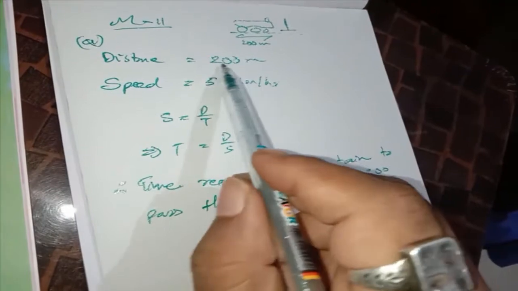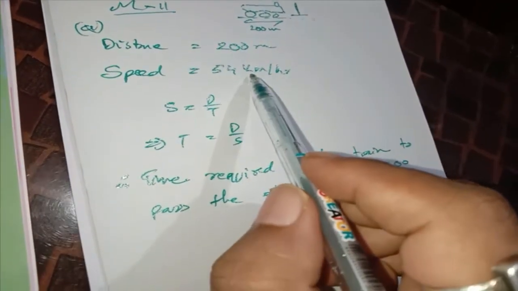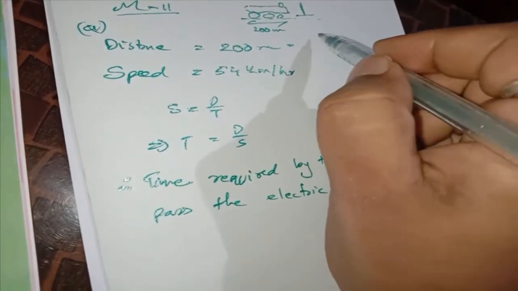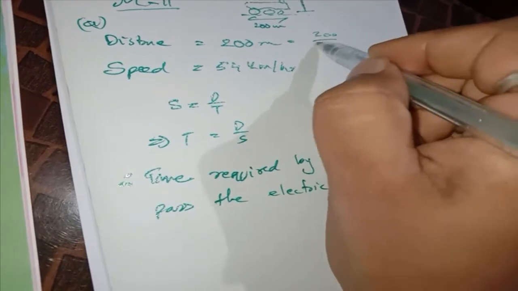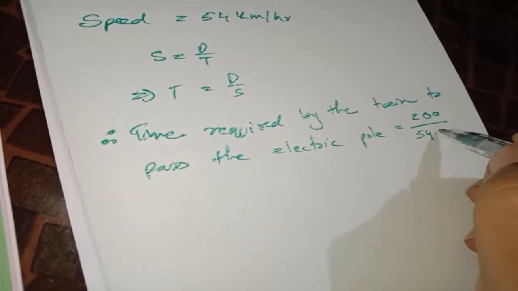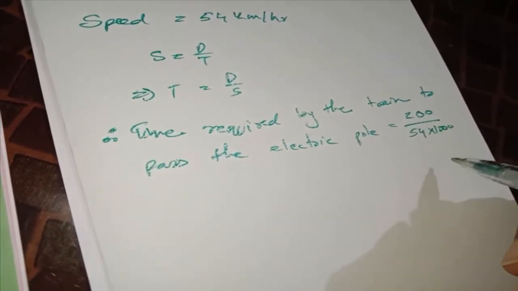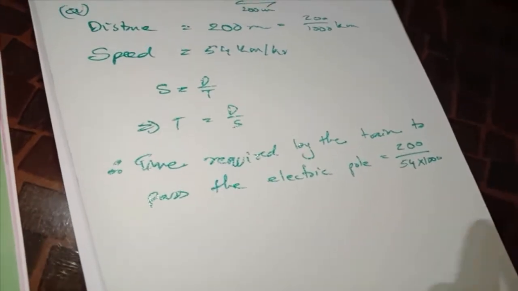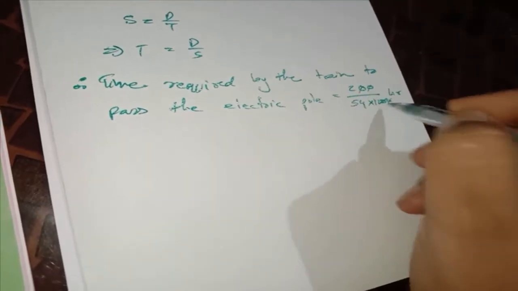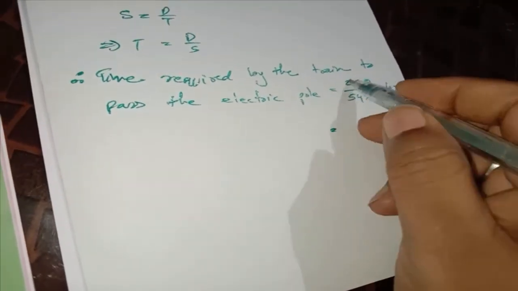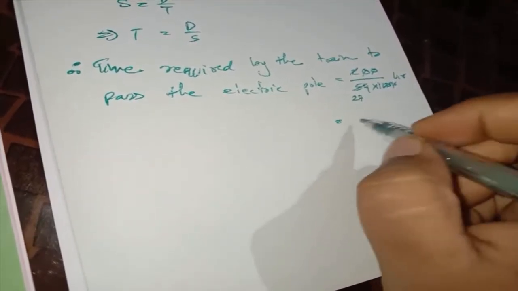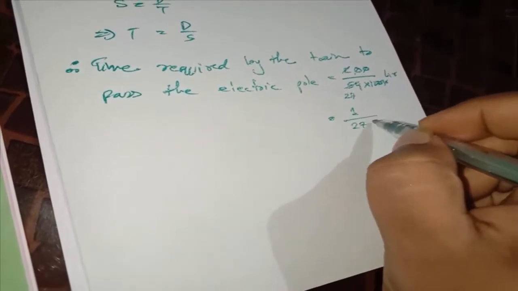Now this distance is given in meters, but the speed is given in kilometers per hour. So we have to convert this. How will we convert meter to kilometer? By dividing it by 1000. So it will be 200 by 1000 kilometers. So here also, if we are writing 200 here, below we have to write 1000. Simple. This much hour. Now 0 0 cancels out. We are left with 2, which also cancels with 54, and we are left with 1 by 270 because there is a 0.